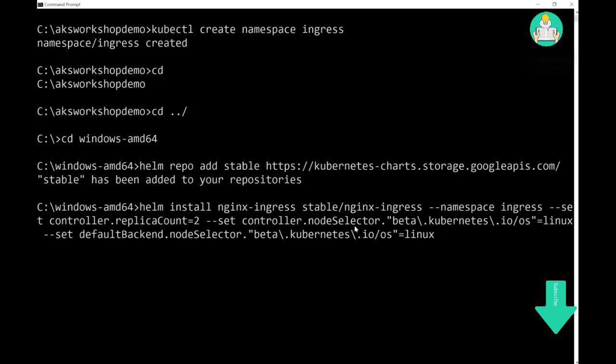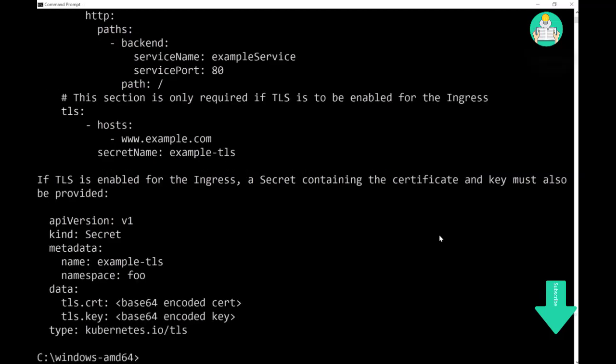And here, the node selector. I'm telling the controller to please choose only Linux machines, not Windows machines underneath, because up until this moment, Ingress can only be deployed on AKS on Linux machines. Alright, so we press enter and let Helm do the magic. Again, if this is too complex for you, don't worry, I'm going to share it with you and you don't have to really know it because you can always copy paste it, but you just need to understand the concept